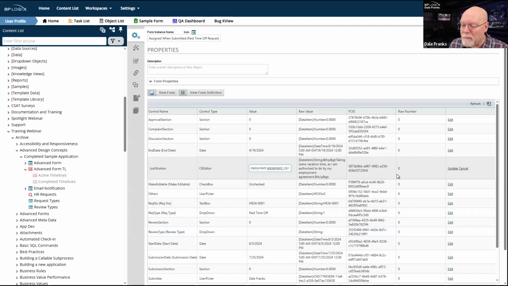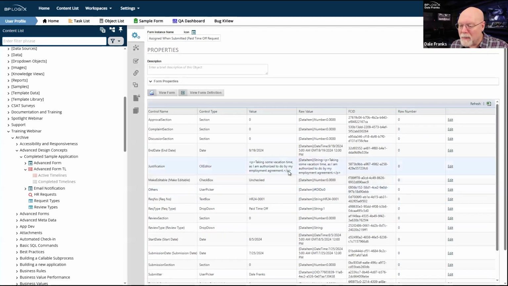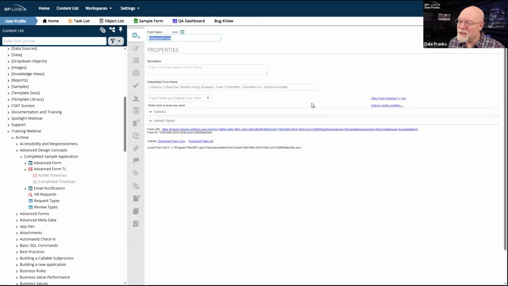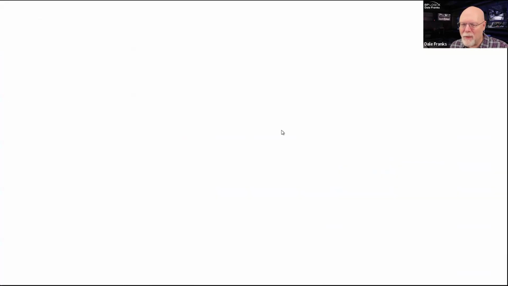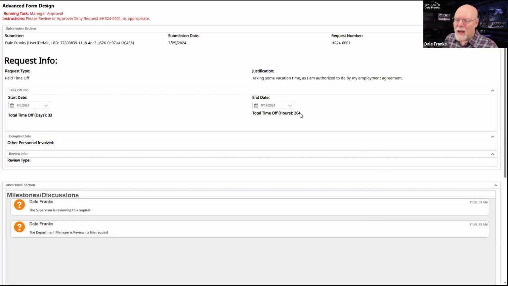So if I do the P/P there, I don't know if that's going to work, but I'm going to put the paragraph tags in and we're going to look at the form again. And it may still just come out as, oh, not the form definition. That's not what I wanted. I wanted to view the form. Okay, well, at least it took the P's out. So great. I got rid of that. So it's back to plain old HTML.